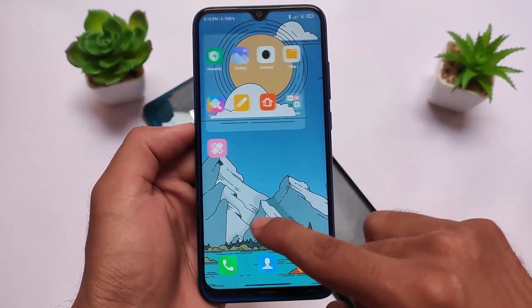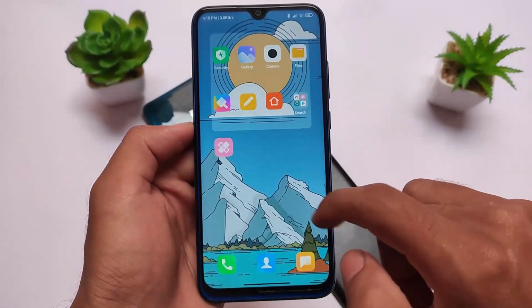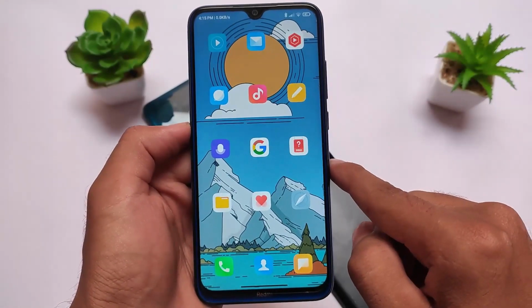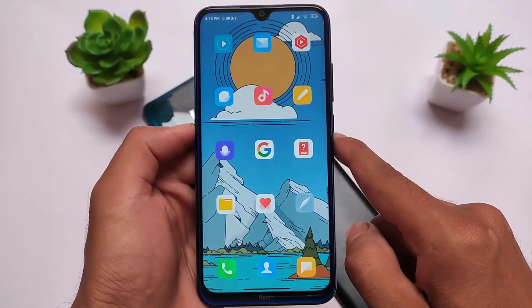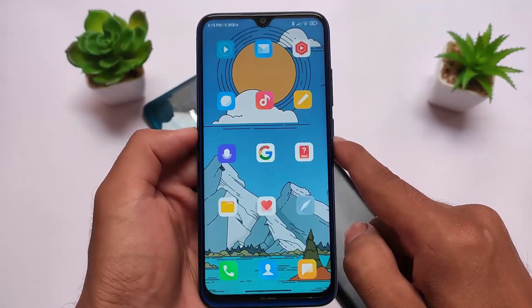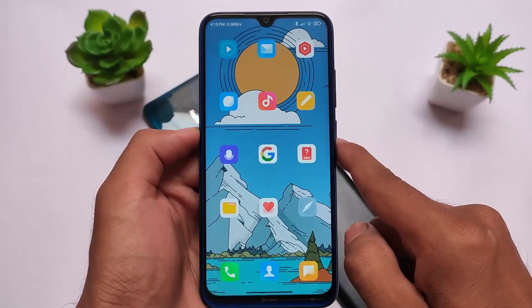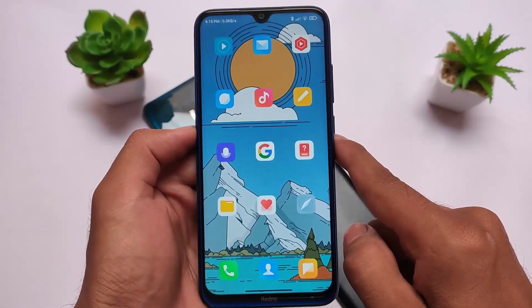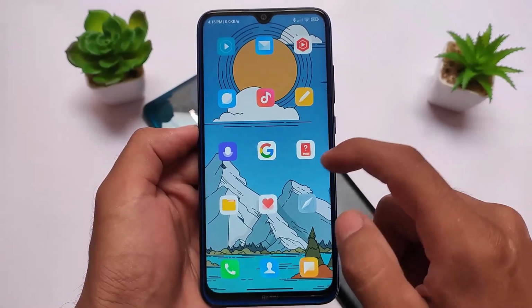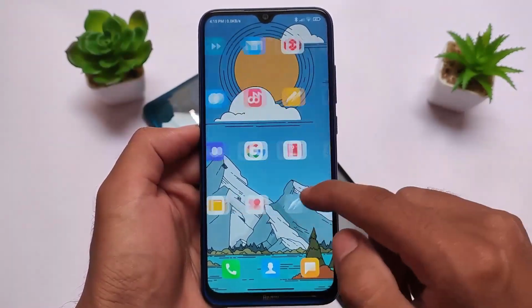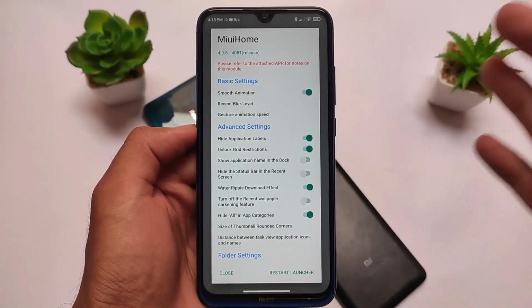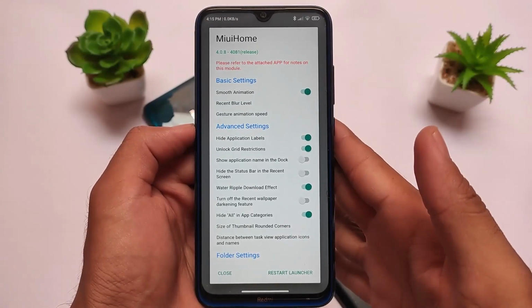Many users are using MIUI, and some users don't want to lose MIUI, and we have some customizations present for you. As you can see at my home screen, the UI is actually customized and you can even customize your device UI. The best thing is this is a module, or you can say LSPosed module, which you can try out on your device and you can customize on any of your Xiaomi device. Basically it's for those who MIUI does not have any kind of customizations for.